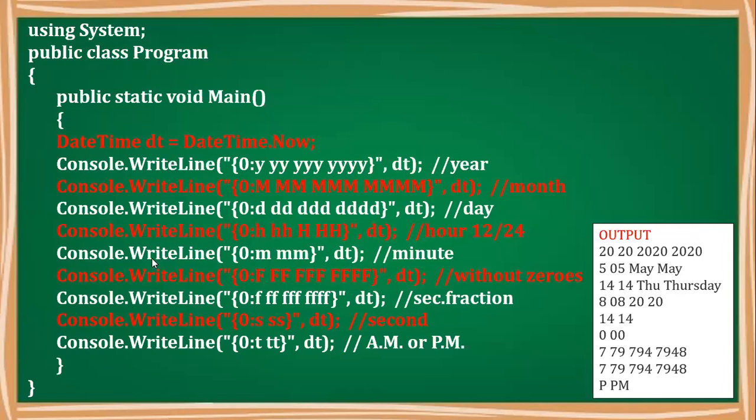Second, in the white line, remember we are writing m and mm here. If you write m, it will give you minutes. If you write mm, the output is somewhat different, but here it is. Then 14 without zeros, then FFF, then PM. So this is how it is given. Now that 779 output you will not see, because that is going to be in seconds. But the seconds are not going to be that one, because DateTime.Now plus whatever comes is calculated, and that is why 7948 is coming there.